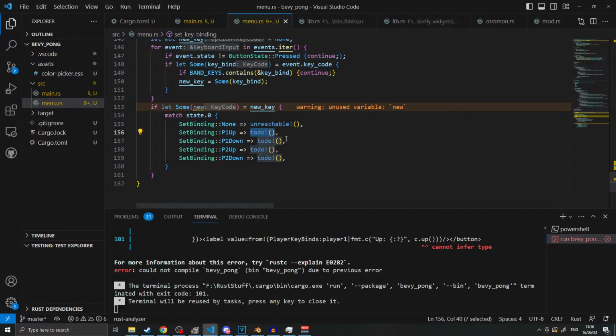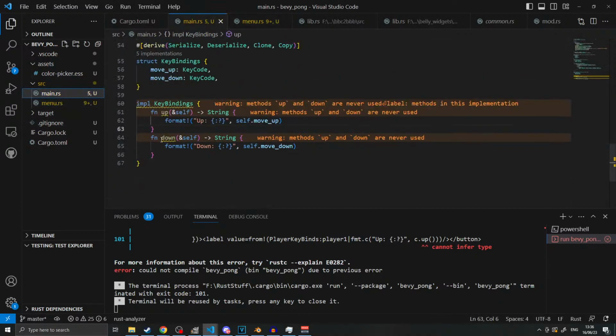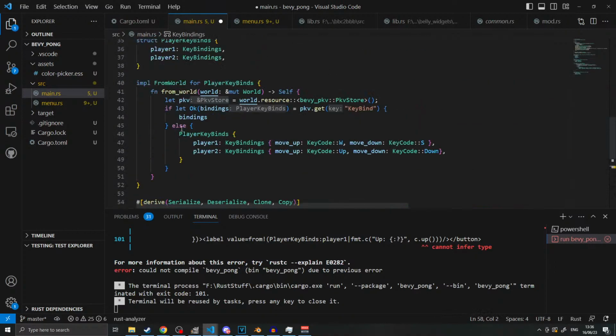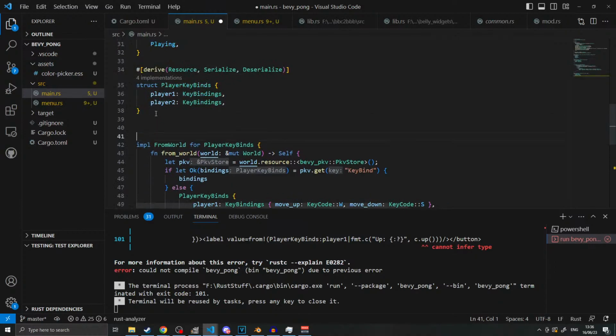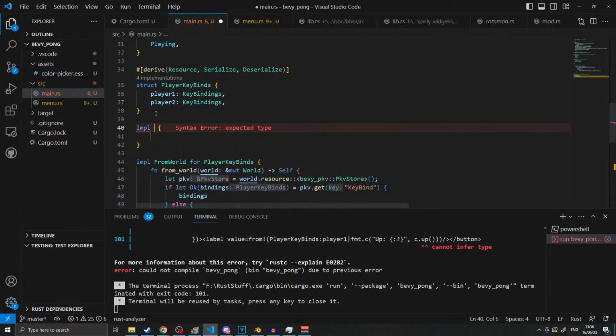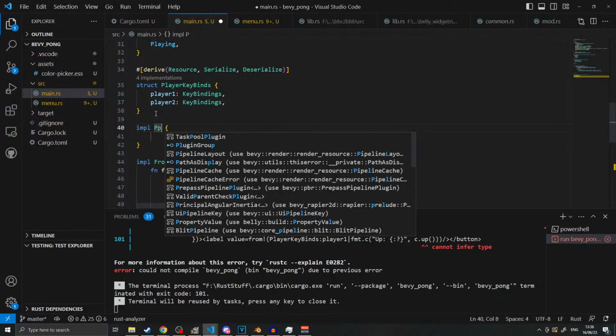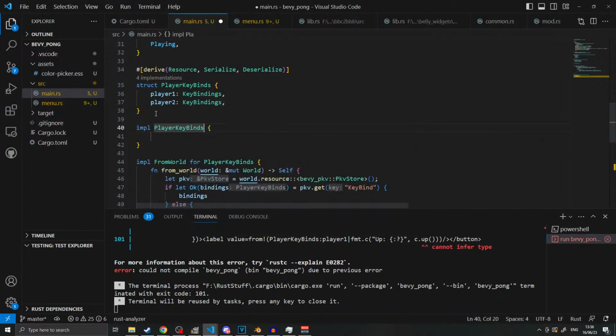So, to future-proof it or not to future-proof it? We probably should future-proof it, but it just means a lot of duplicate code. Well, I guess the way to do that then would be to go here. We're not using this anymore. We need to impl player keybinds fn